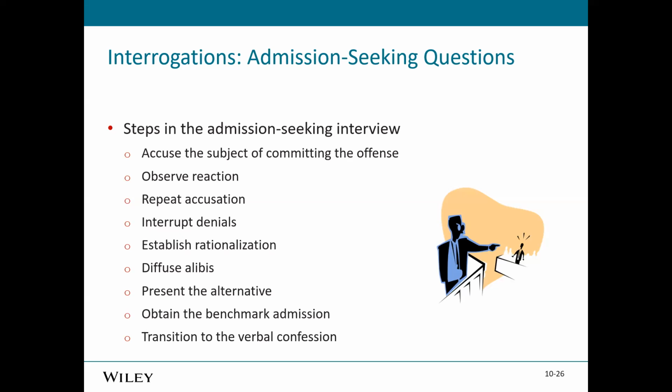So again, getting some additional details about the fraud that you might not know about: how many times it had happened, why it happened, when it started, when it ended, if there were any other people involved, what happened, and the specifics of all those offenses. Those are some of the things we're trying to find in that verbal confession.